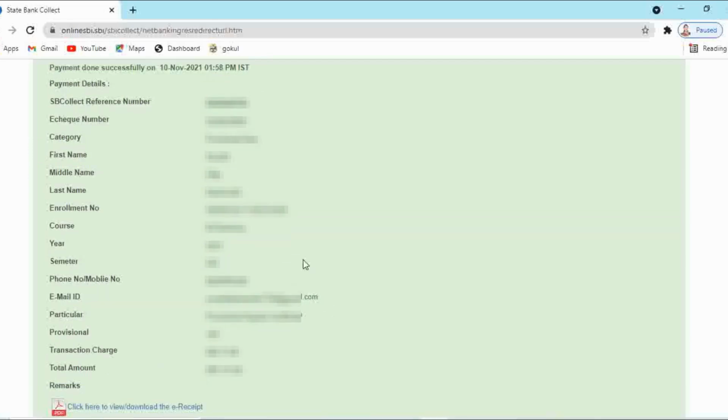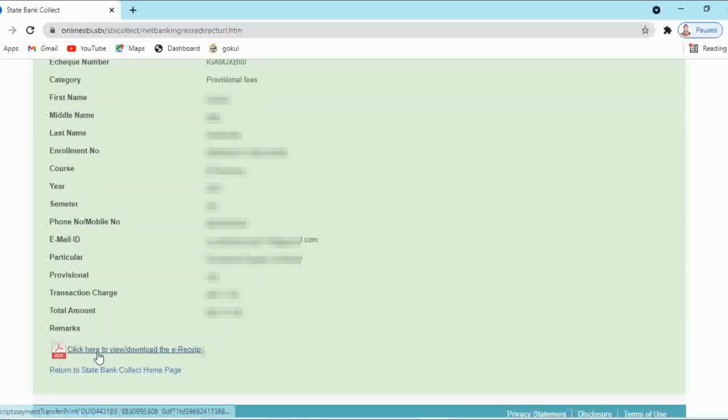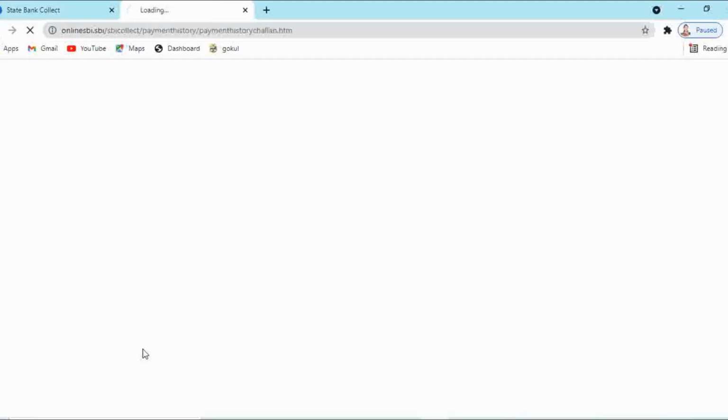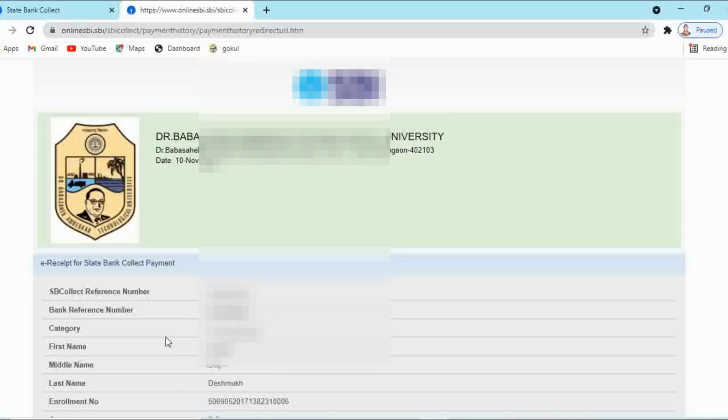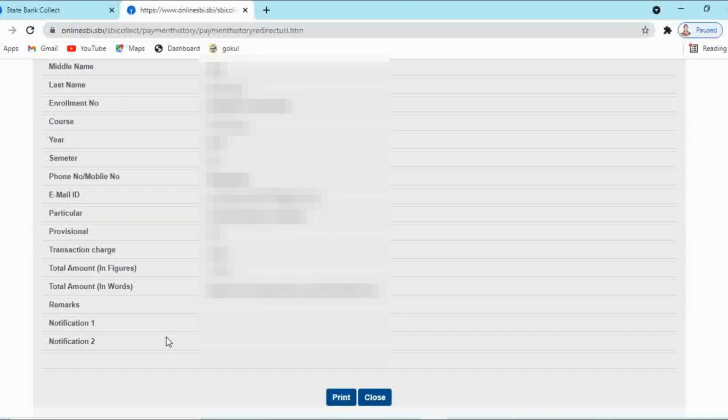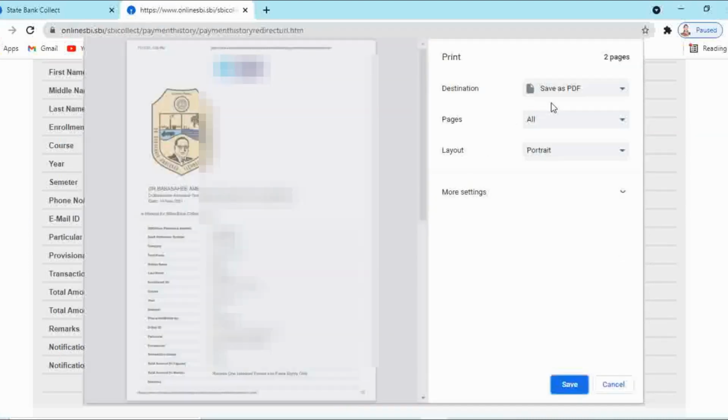So in this way the receipt will get generated. You have to download this receipt. Here the option is given, click here to view or download the e-receipt. So you can download it over here, or you can print it.